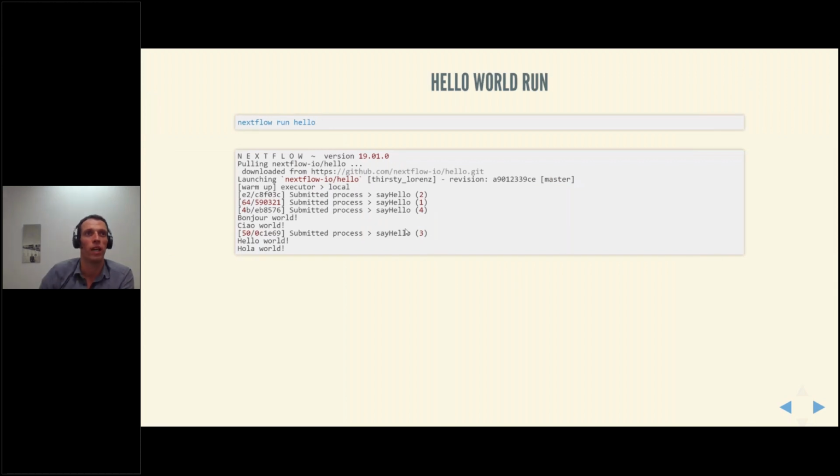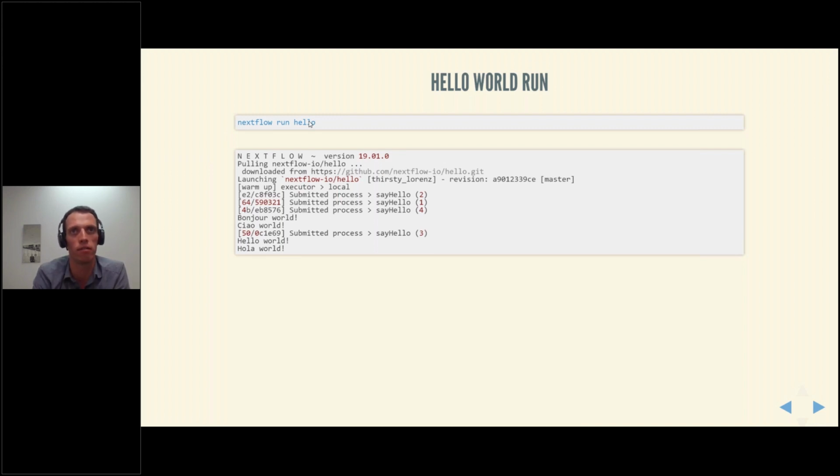When we actually run it with the command nextflow run hello, because we haven't yet written it locally and we don't have a script called hello, Nextflow will look up GitHub repositories.